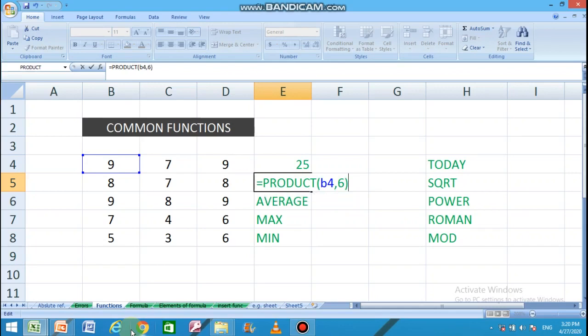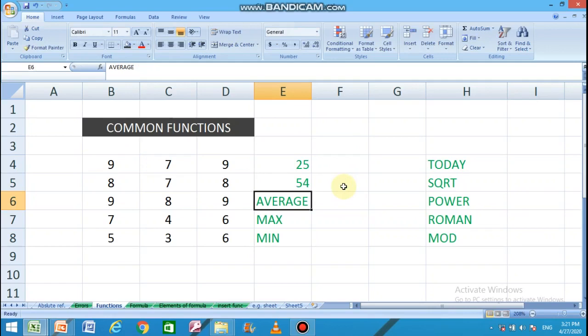You can give as many arguments in this function. I have given only two arguments, that is B4 and 6. B4 is having the value 9 in it, and the next argument is not a cell address, it is a constant, that is 6. So the value of B4, that is 9, will be multiplied by 6 and then it will display the result, that is 54.